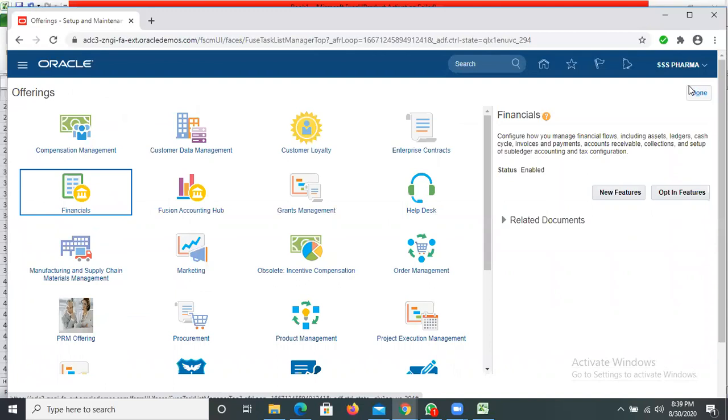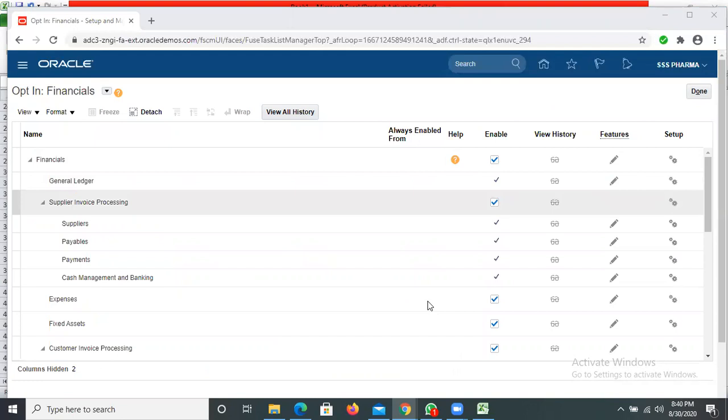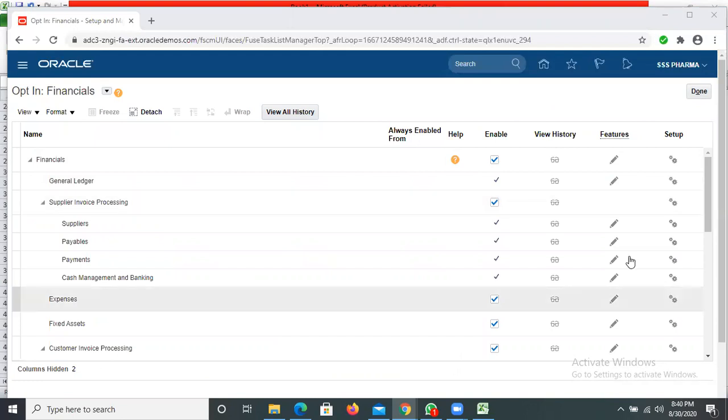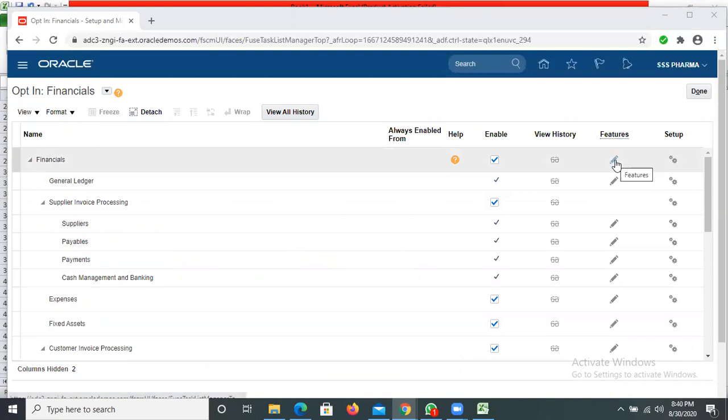Here, if you click opt-in features, yeah. So, we have enabled financials, and features are there, setup is there. Features here, if you click this,